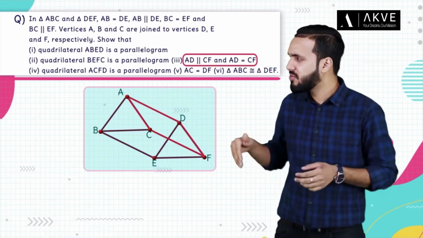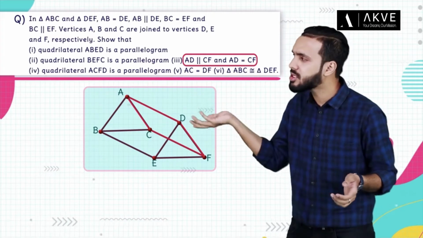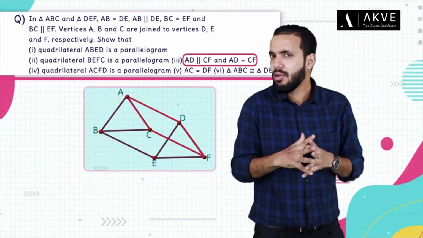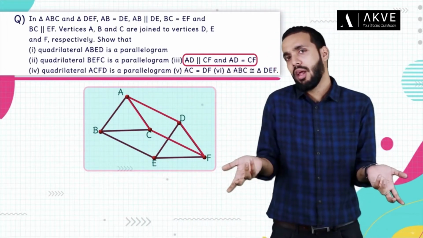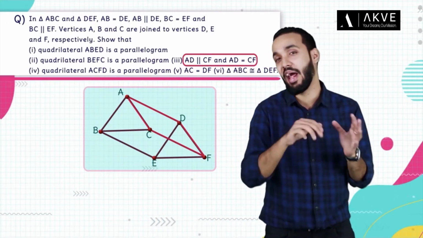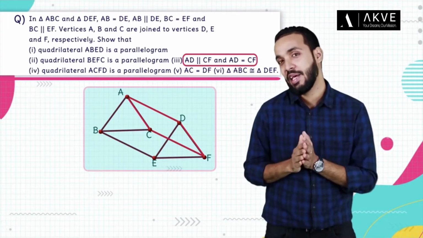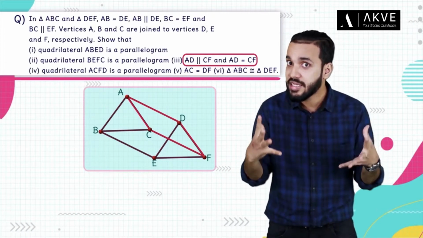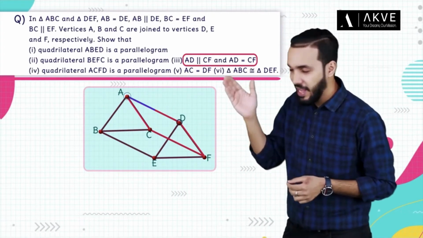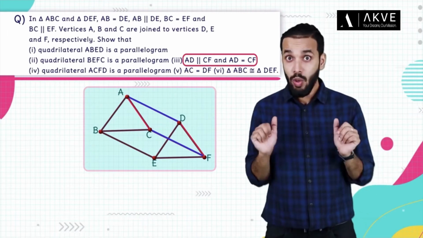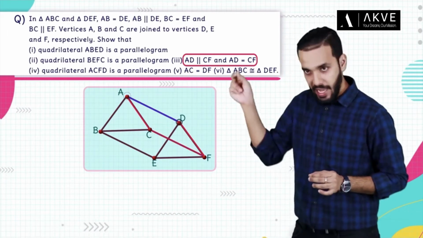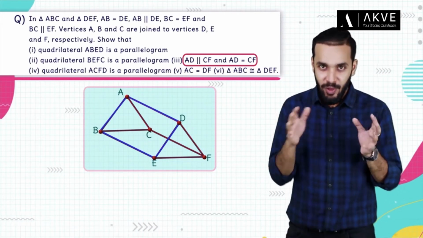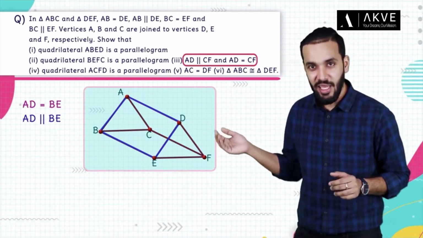There's no mention of the angles, diagonals or sides of quadrilateral ADFC in the question. How then would we prove that ADFC is a parallelogram? Clearly, this is not the right approach. We have to try something else. Let's try to use what we have already proved and see if we can establish a connection between AD and CF. Well, if you notice, AD is actually a side of the parallelogram ABED, which means AD and BE being